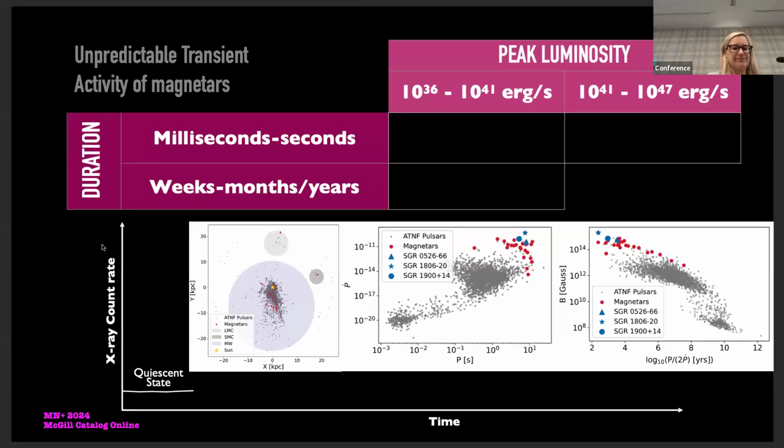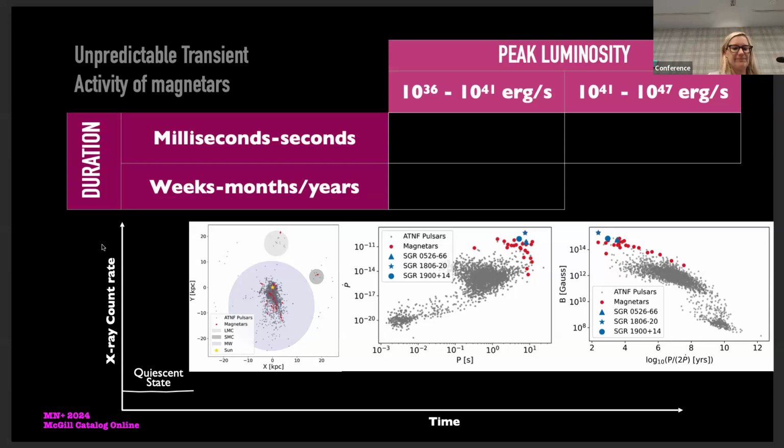Here I take advantage of this slide just to show the population that we know of in our galaxy. So we know about 30 magnetars in our galaxy and in the local structure: one in the Large Magellanic Cloud, one in the Small Magellanic Cloud. We now have a population, and we can compare with regular pulsars. You can see they typically have a long period, seconds long, and a very high spin down rate. It means that this magnetic field drags them and slows them down faster than other regular pulsars.